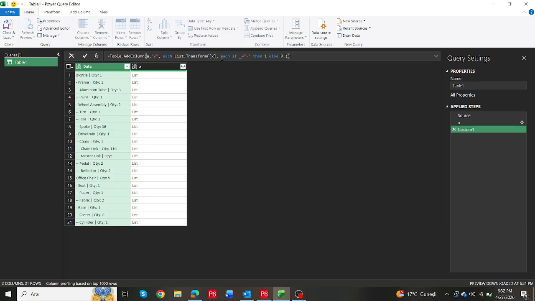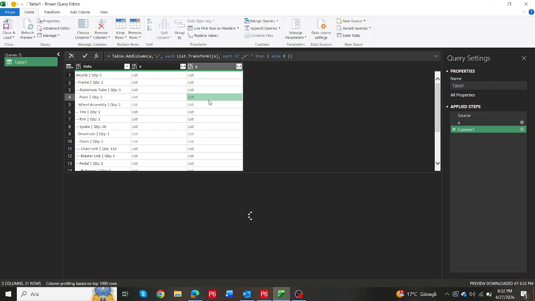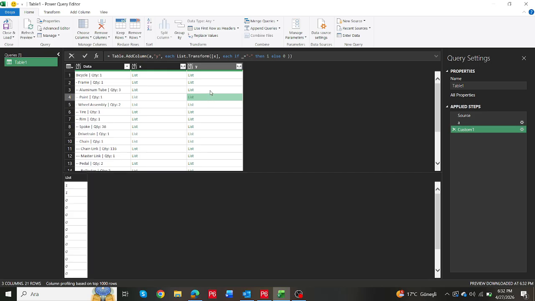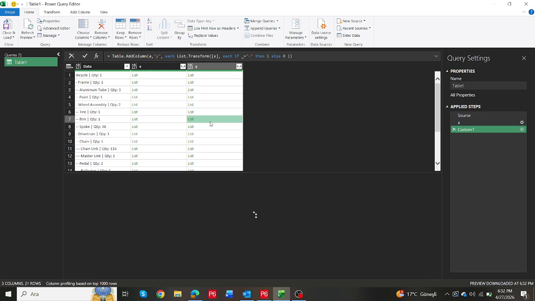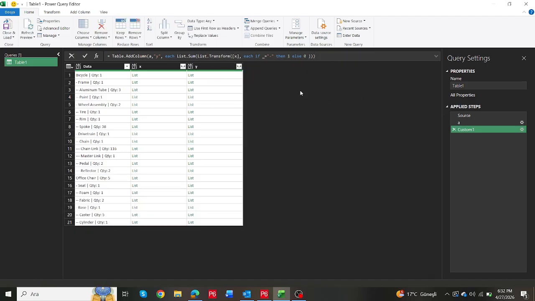So I have something like this. As you see, I'm able to turn each hyphen character into a number value. All of the hyphens turn into value 1, otherwise 0. So from now on I can use List.Sum to calculate the levels. Instead of the name Y, we can use Level now,